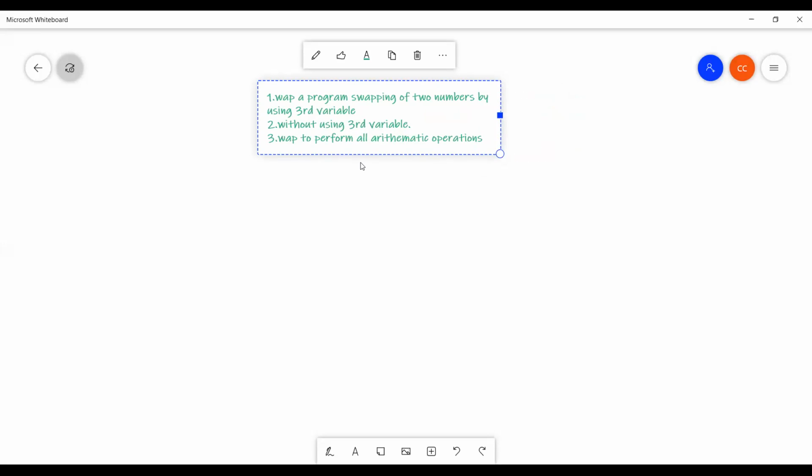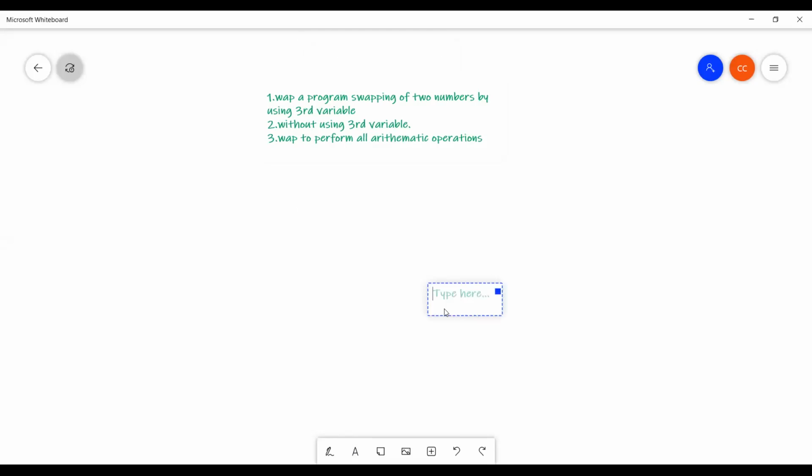I will first give the explanation, and after that I will write the program. Our program is to swap two numbers by using a third variable. Listen here.